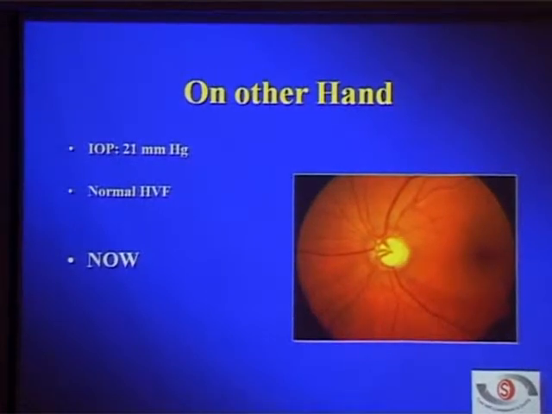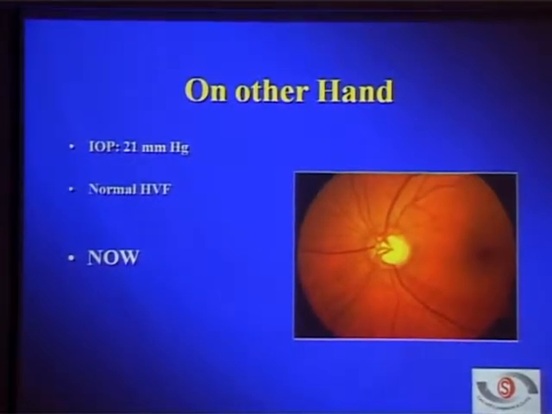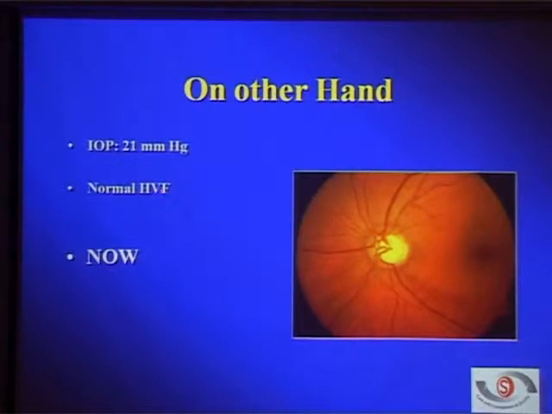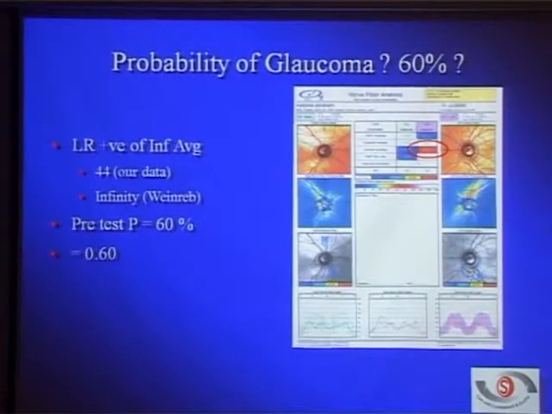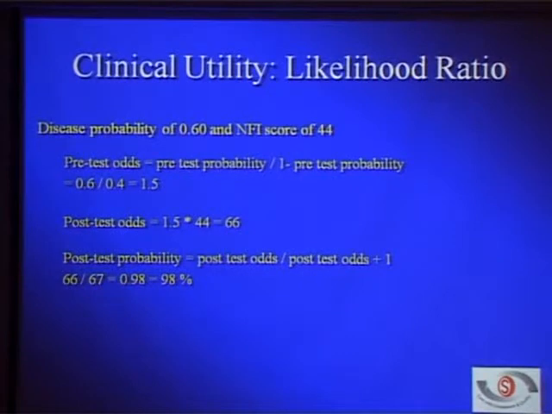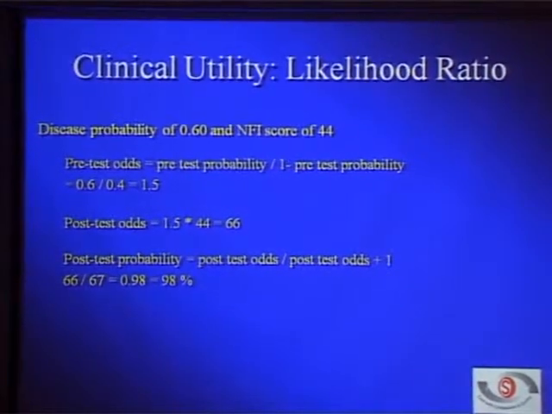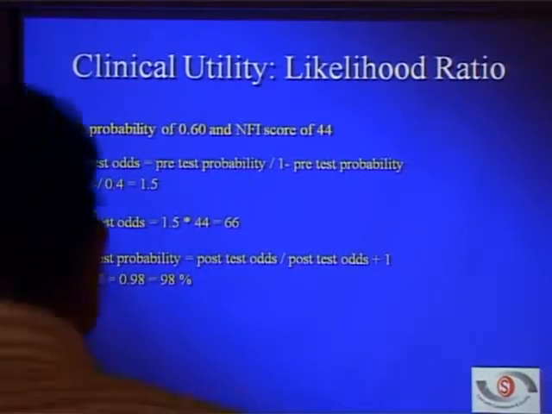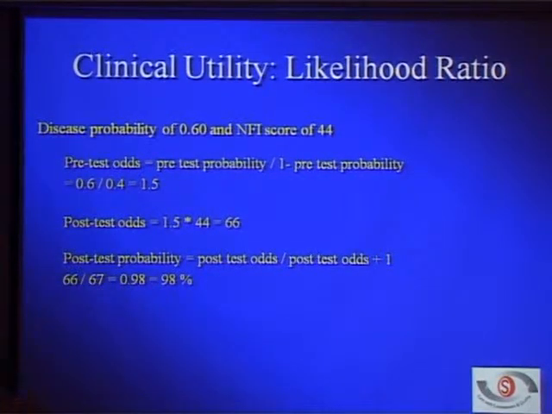The test is required when there is a gray area, when you are not very sure. Pressure is 21, normal perimetry, you have a thinning, there is a V shape, most probably it is glaucomatous, but you want to decide whether to treat or follow up. In those scenarios, you do a test and calculate the post-test probability and see what is the probability of the patient having disease. In an area where you are not very sure of having disease or not, that is where imaging technology helps. Every test is helpful only in those scenarios.